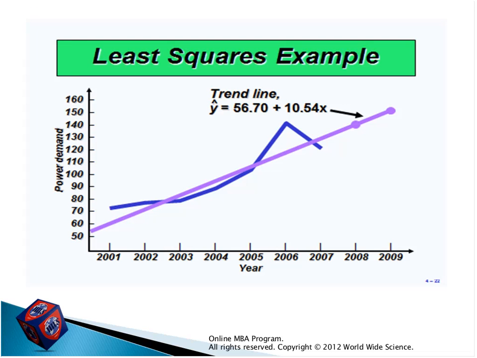The blue line is the real demand from around 2001 to 2007. And the violet line, this line, is the trend line that we have calculated now. If you see, you will find out that there is very little error between this forecasting and the real demand. So we can simulate this trend by a line.